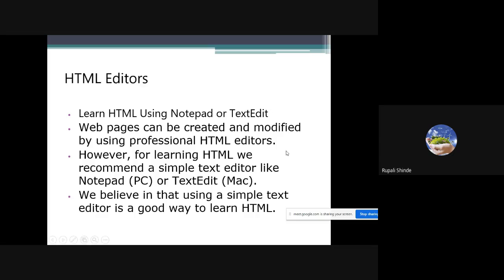Then HTML editors. As I have told you, in the learning phase we are going to use Notepad, because Notepad will not give you ready-made attributes. But if you use advanced editors like Eclipse or NetBeans, they give you an attribute list.